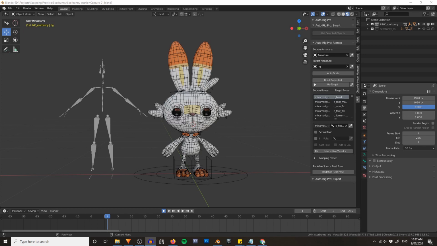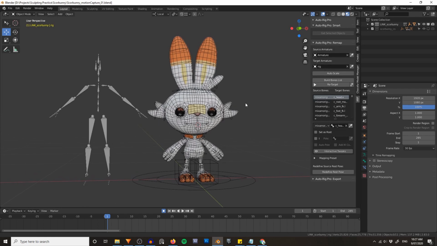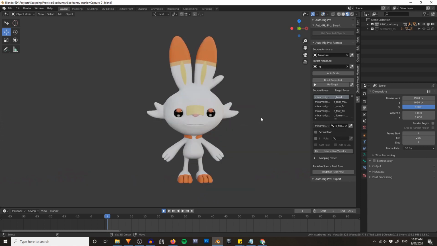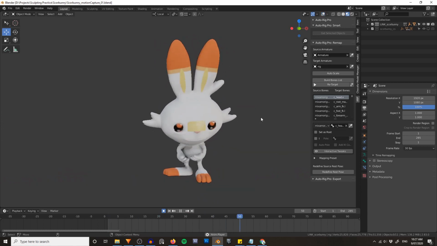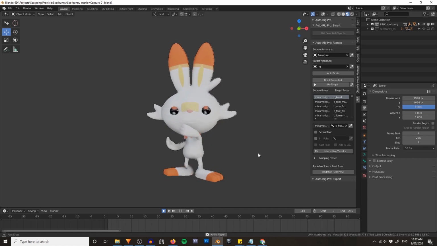And finally, because this rig was built with Auto Rig Pro, it makes it really easy to add motion capture data. Now again, you don't need the add-on to get motion capture to work, but with the add-on, it's really, really easy. So go and make Scorbunny dance, or run, or shoot fireballs, or